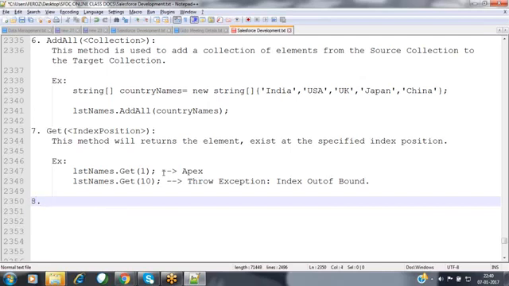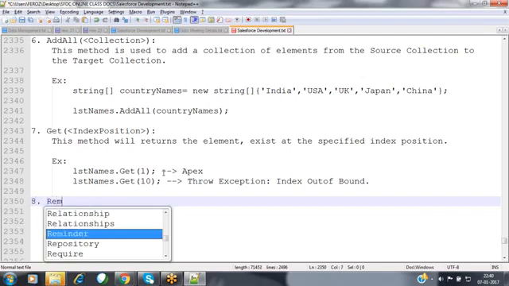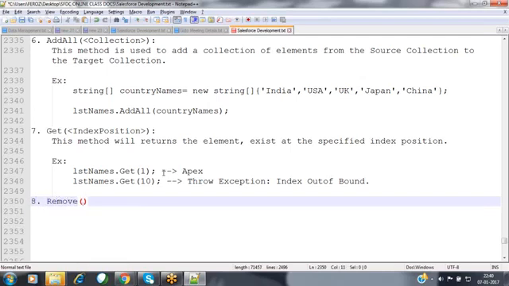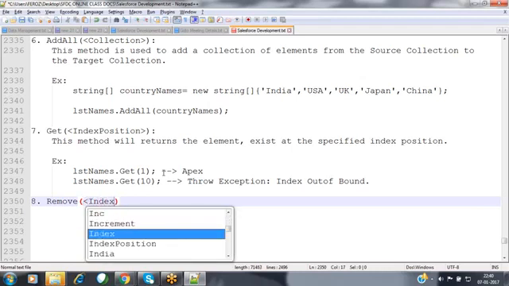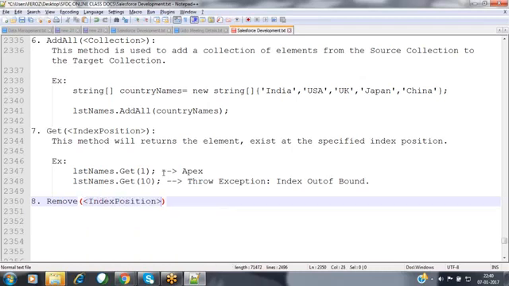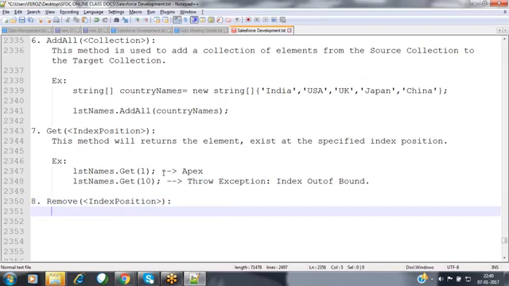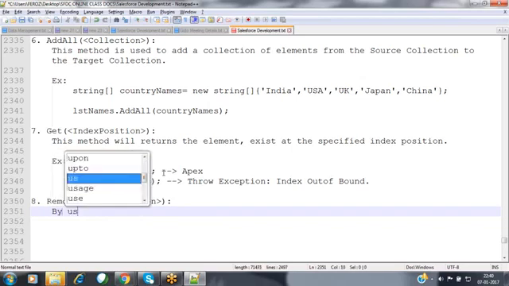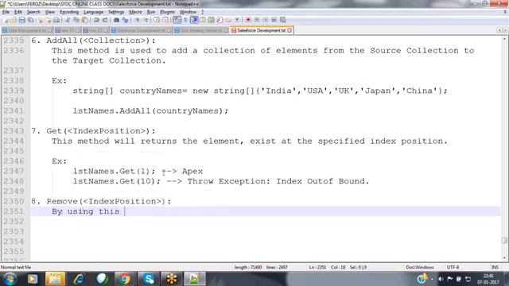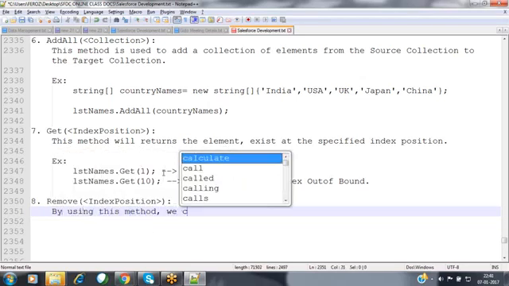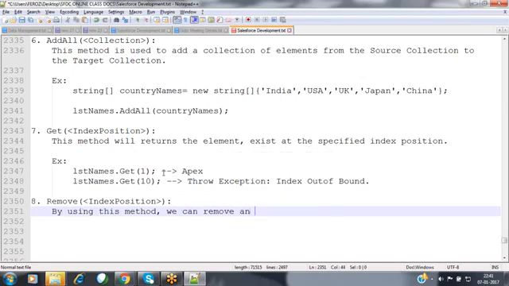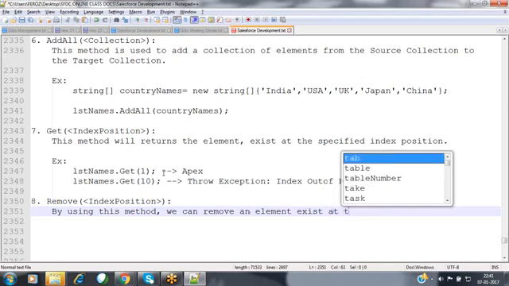Now, the next method is the remove method. What is the use of this remove method? Based on the index position, we can remove that element from the collection. By using this method, we can remove an element that exists at the specified index position.